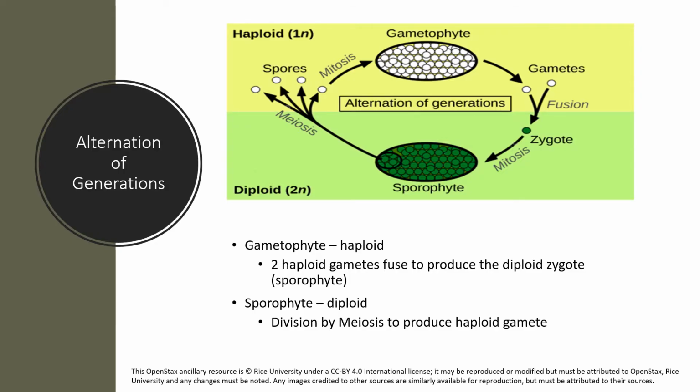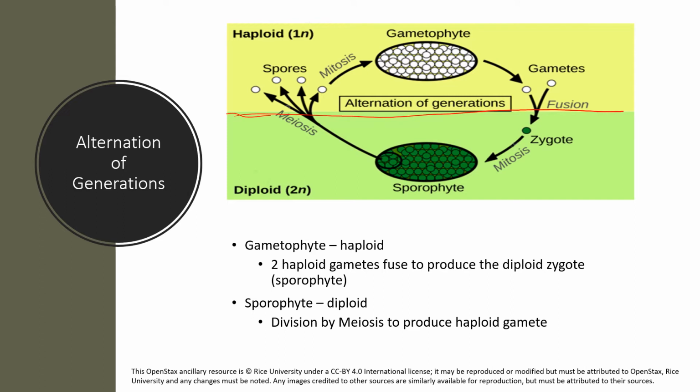So I mentioned to you that alternation of generations life cycle, and this is true for all four groups of plants that we're going to talk about. And I just want to go over a very generalized version of it, and then as we go through each group, we'll look at this generation according to that specific group. But the first thing I want you to see is we're just going to divide this figure in half.